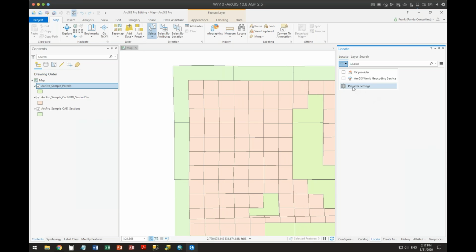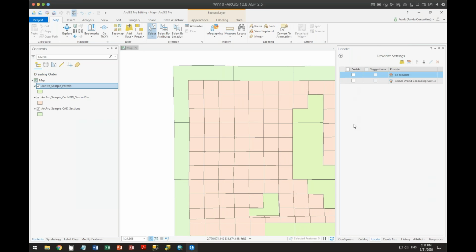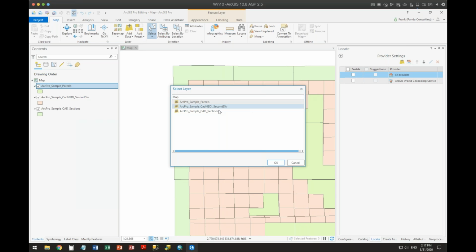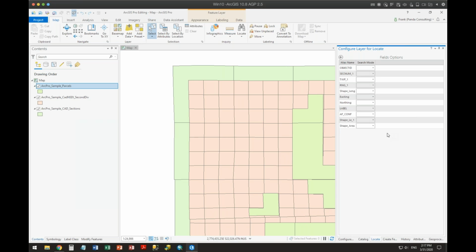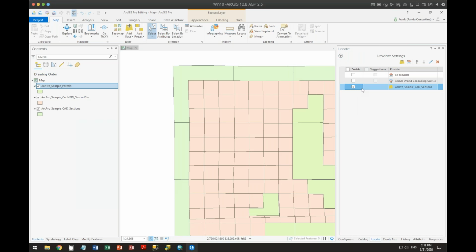But what you now can do is set it up specifically for the layers that you have and say, I want to go and enable it. I want to add a layer, and let's just do sections here. And then maybe I want it to be this contains instead of equals, contains. And I can actually say, make that the first choice on here.